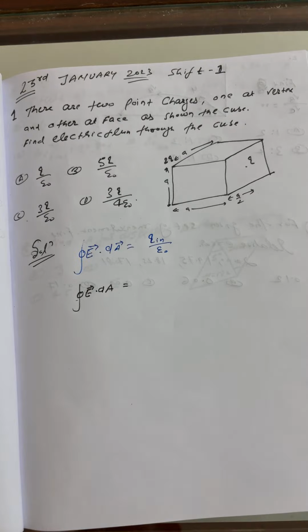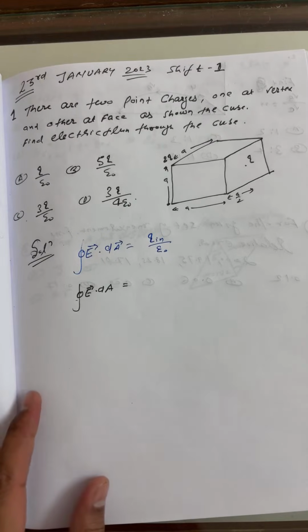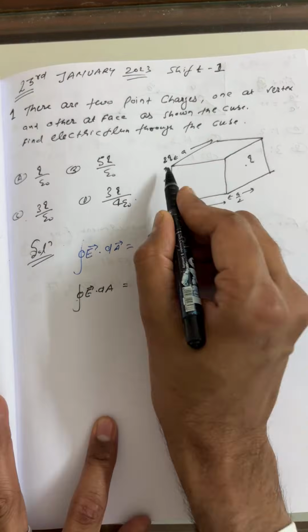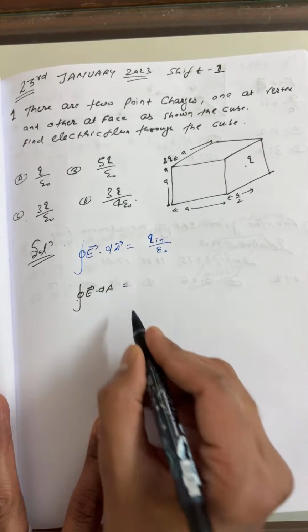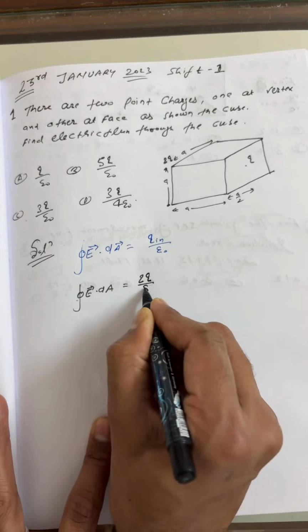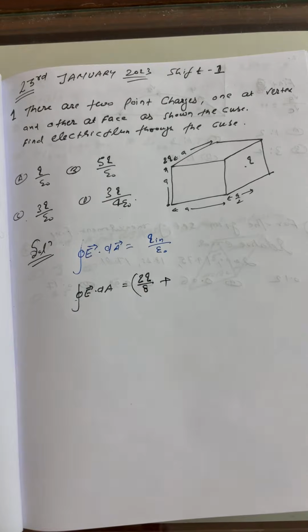I hope all of you remember, if a charge is placed at the vertex of a cube, what is the flux? Q by 8 epsilon naught, for a single surface. Then how much charge is placed at the vertex? So you can write here 2Q upon 8, plus